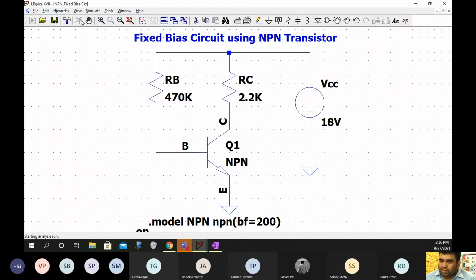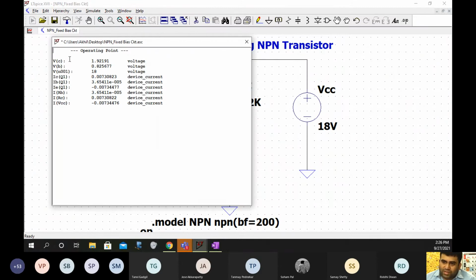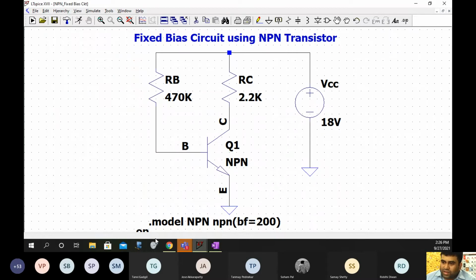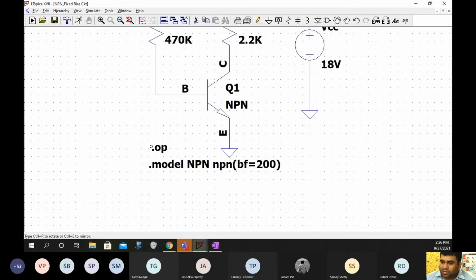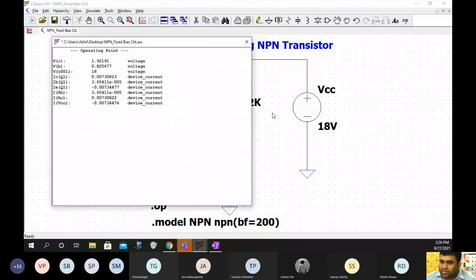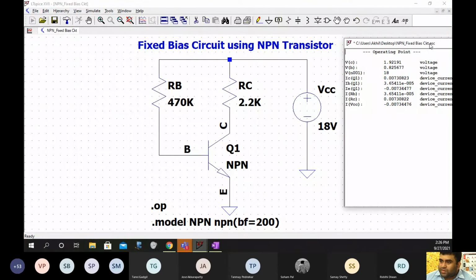And then again I'll simulate it. Now you can see you have the voltage at VC, VB, you have voltage everywhere. I'll just get this at the top and simulate this. So what you can observe is this.